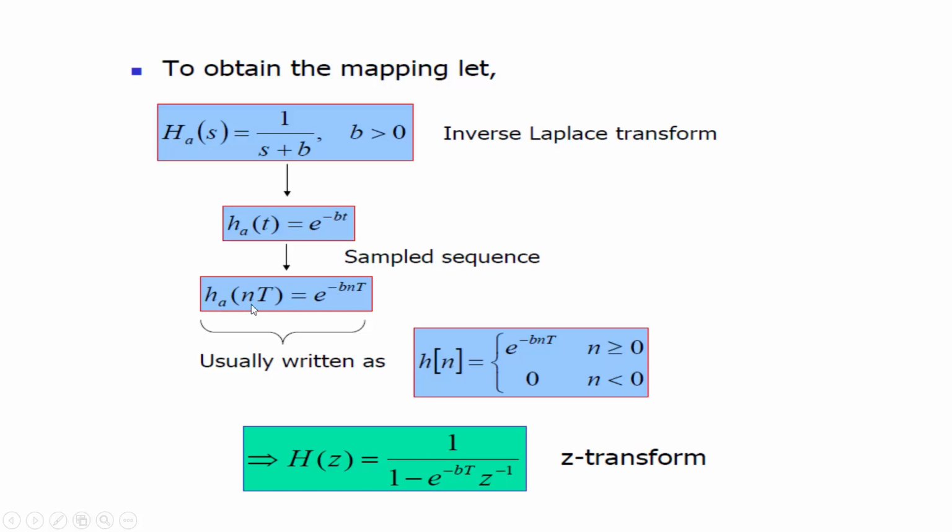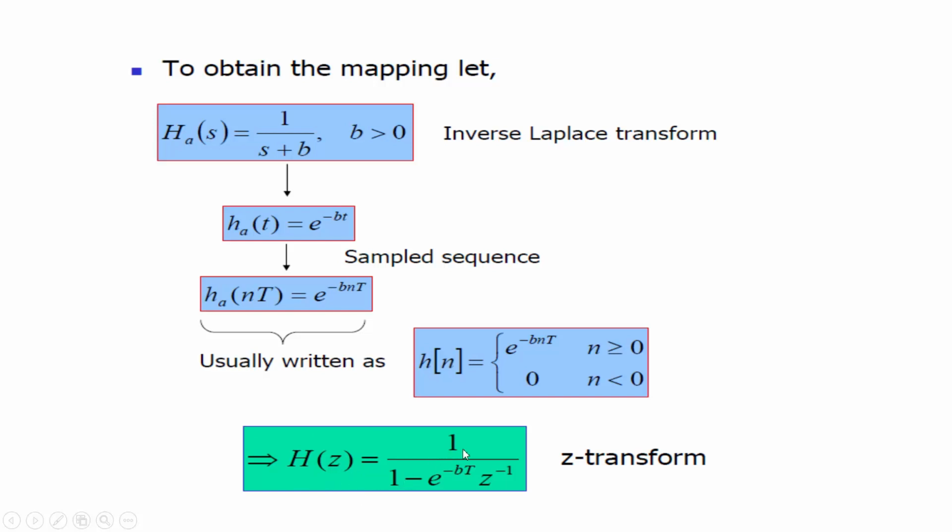Now we get h_a(nT) equal to e to the power minus b n capital T. Now this h_a(nT) is usually written as h(n). So we can express that e to the power minus bnT for n greater than or equal to 0, and 0 for n less than 0. And from here, this is the discrete time domain function, and we apply the Z transform here, and we convert the equivalent